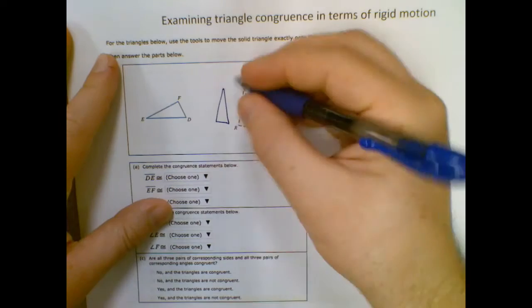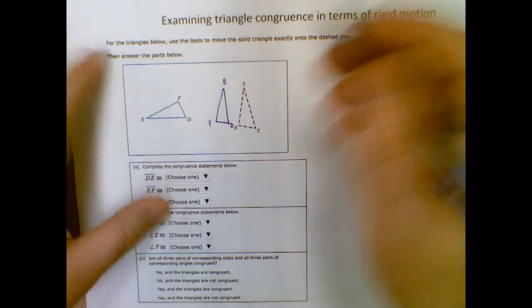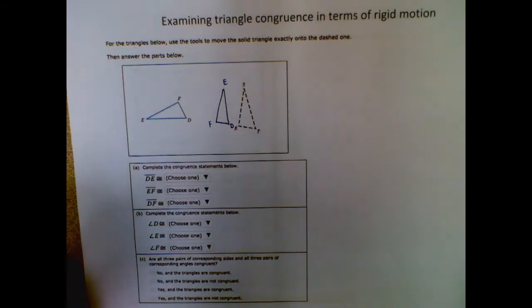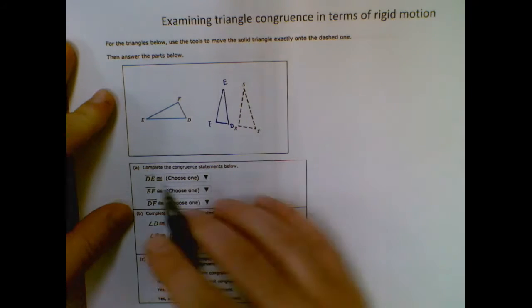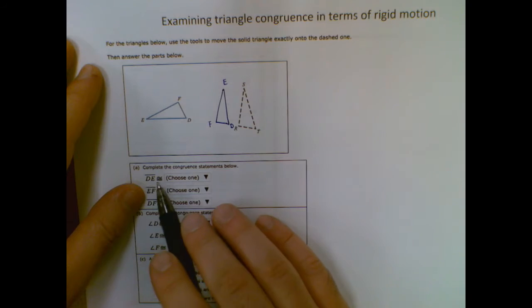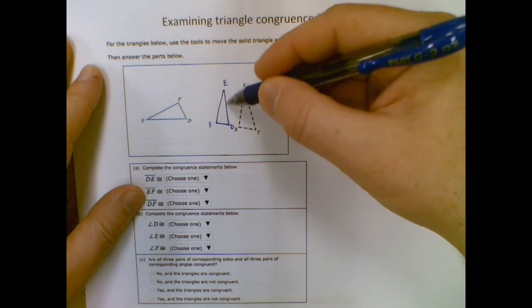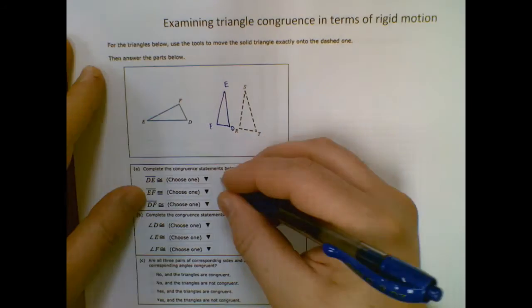So I can show you how to do this part. So we have F, we have D, and we have E. So if this was right on top, that's how those would line up. So complete the congruent statements below. Line segment DE is congruent to what? So if I look over here, DE is this one over here. So that would be line segment